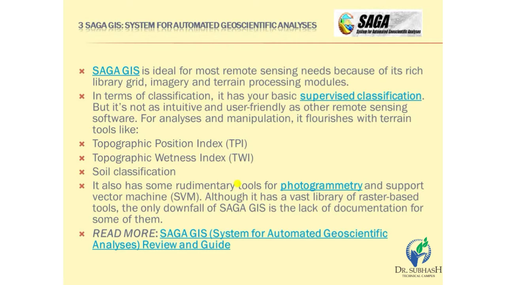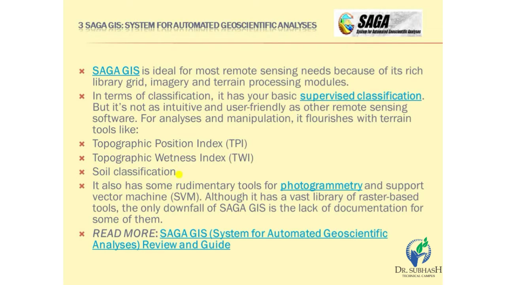For analysis and manipulation, it flourishes with terrain tools like topographic position index, topographic wetness index, and soil classification. That is the most important module for our users, soil classification, and it uses soil taxonomy, the USDA soil taxonomical classification. So first we also have to read about soil taxonomy. That is the larger chapter in terms of soil classification. It is a 1000-page document to find out the different types of soil based on soil taxonomy, and that classification